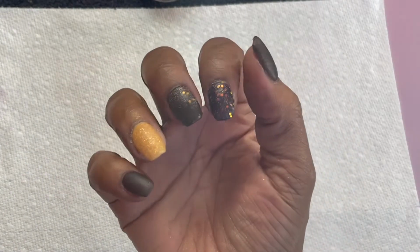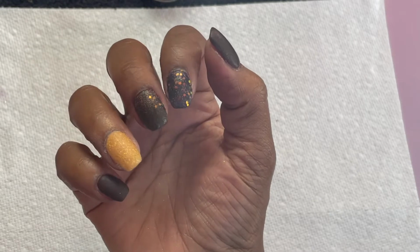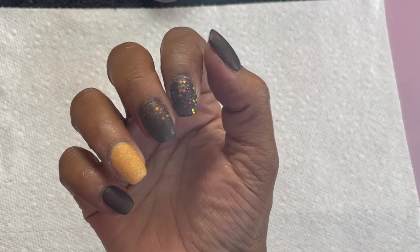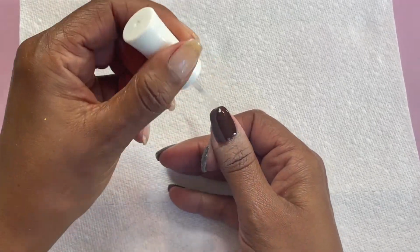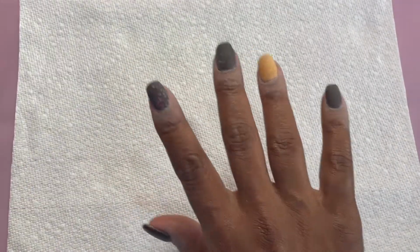And that's it. All the nails have been dipped and activated. So now I'm going to go off camera and file everything. And this is what it looks like filed. I am a huge sucker for dark colors, so this is right up my alley. I'm loving it. So we're going to go ahead and add the activator one last time as the final step